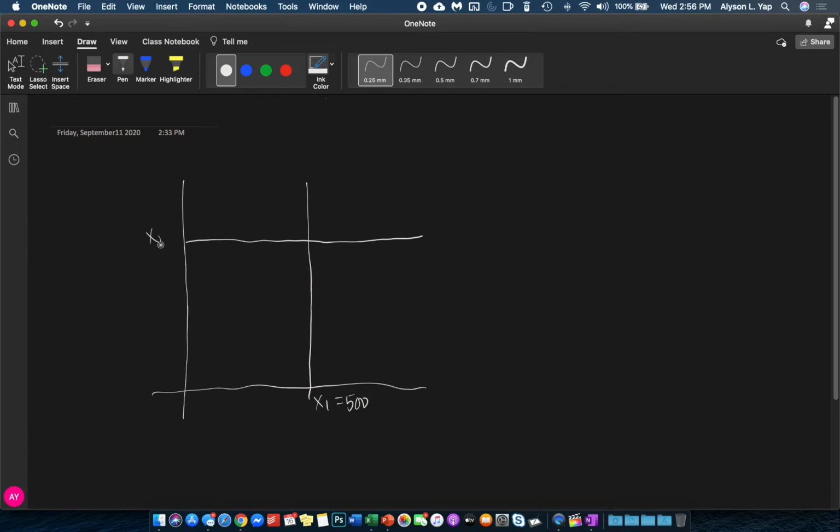This is at x2 equals 600. And finally, we have our 3x1 plus 2x2 less than or equal to 1800. Okay? And using the graphical solution, we will be able to determine that this corner point, which has a solution x1 equals 500 and x2 equals 150 and a z of 295,000